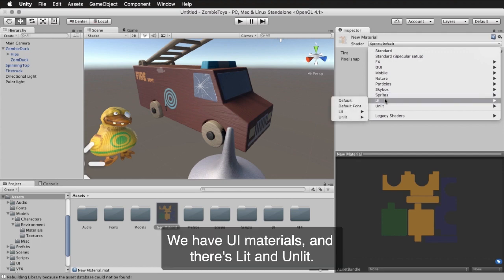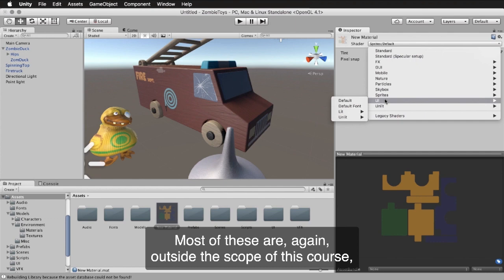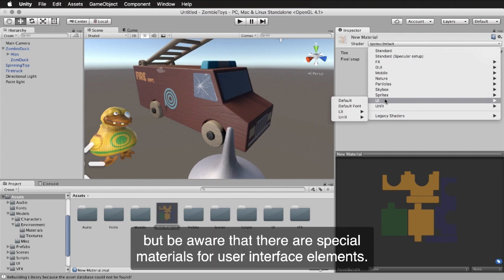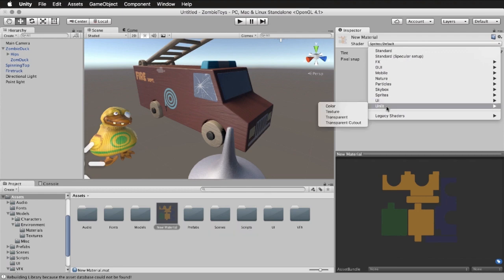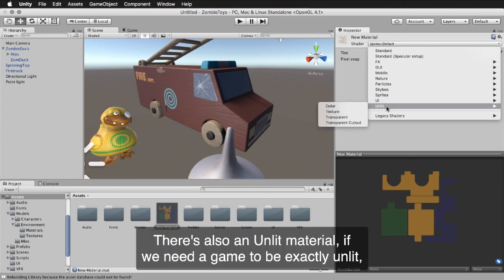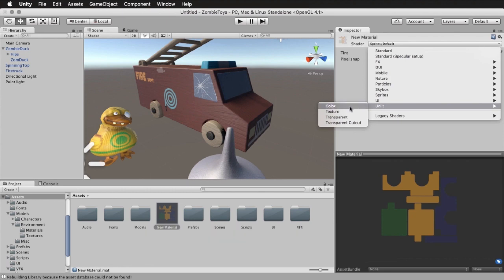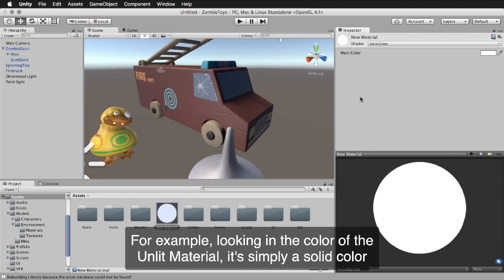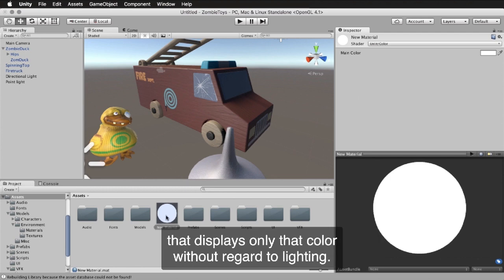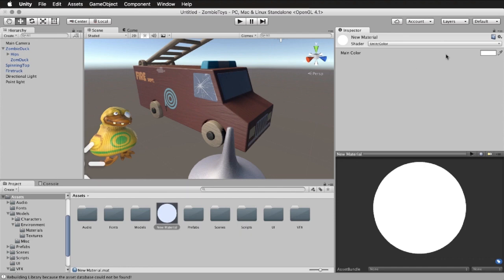We have UI materials, and there's lit and unlit. Most of these are, again, outside the scope of this course, but be aware that there are special materials for user interface elements. There's also an unlit material, if we need a game to be exactly unlit, not reacting to light, and have texture and transparency. For example, looking in the color of the unlit material, it's simply a solid color that displays only that color without regard to lighting. I'll make this color, for example,